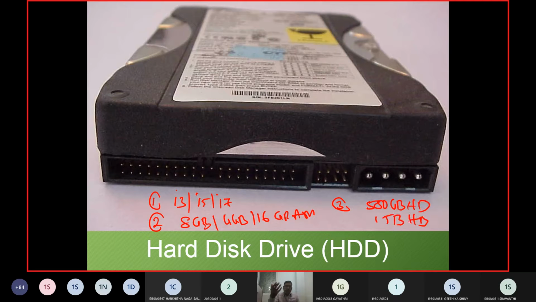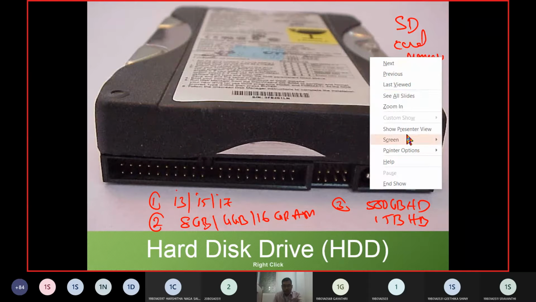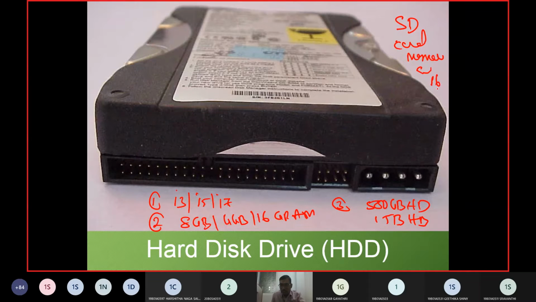You can even verify your hard disk sizes. So how much is the size of your laptop hard disk? Similarly, when you are going to purchase a mobile phone, you will ask about the SD card. The SD card, we call it a memory card. So how much is the memory card size? Maybe it is 16 GB, maybe 32 GB, or other sizes. So in this way, the storage capacity will be provided by the hard disk.